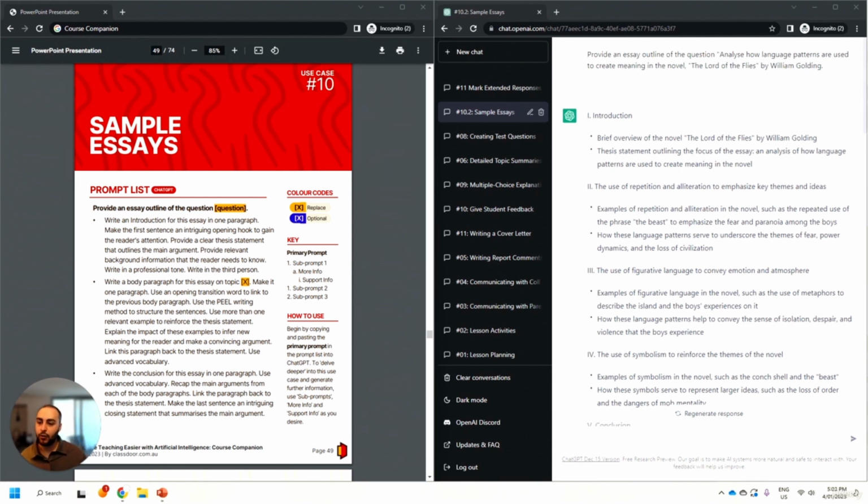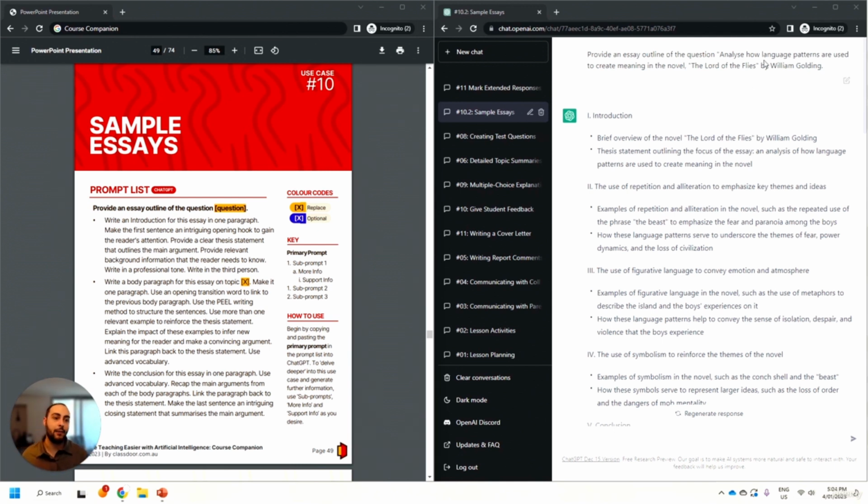We're going to start off with the primary prompt, provide an essay outline and give it a question. And then we're going to use 3 types of sub-prompts and make it really clear and detailed on what it is exactly we want ChatGPT to do. We're going to get it to write an introduction, a body paragraph that will rinse and repeat for each of the body paragraphs, and a conclusion. But I encourage you to read through these sub-prompts because I've made sure that there's a clear thesis statement, each paragraph links between them, and there are examples. And I've even got some paragraph writing structures.